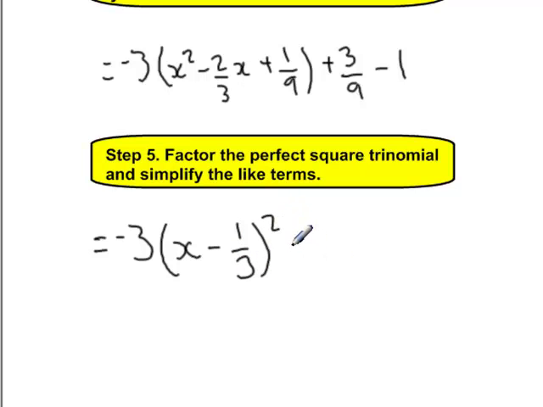And then we simplify the fraction. 3/9 minus 1 is negative 6/9. Now we're in vertex form. Our A